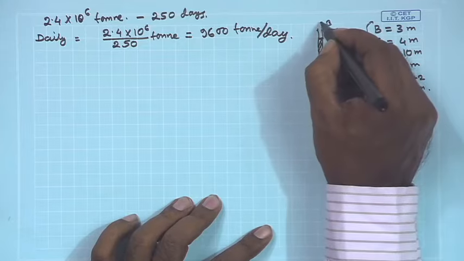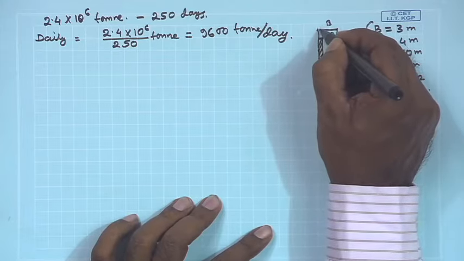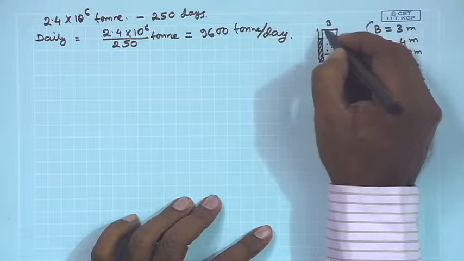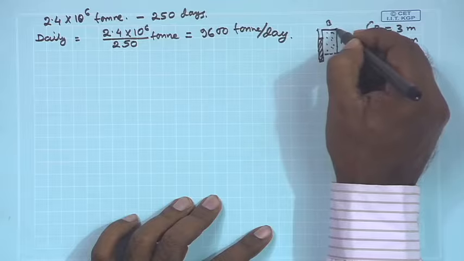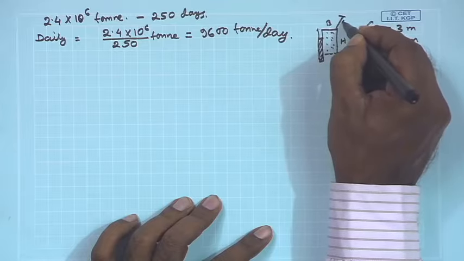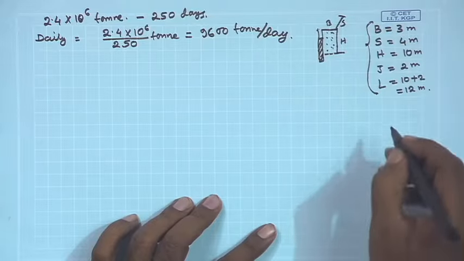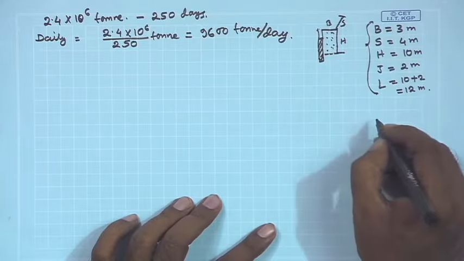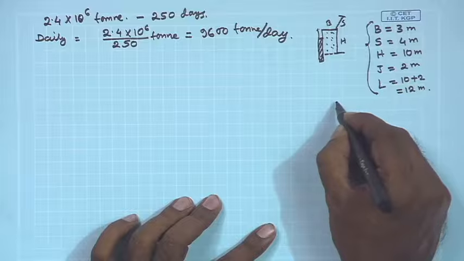And the portion of rock which will be blasted at this side is equal to one spacing length. So, the yield from one blast hole,